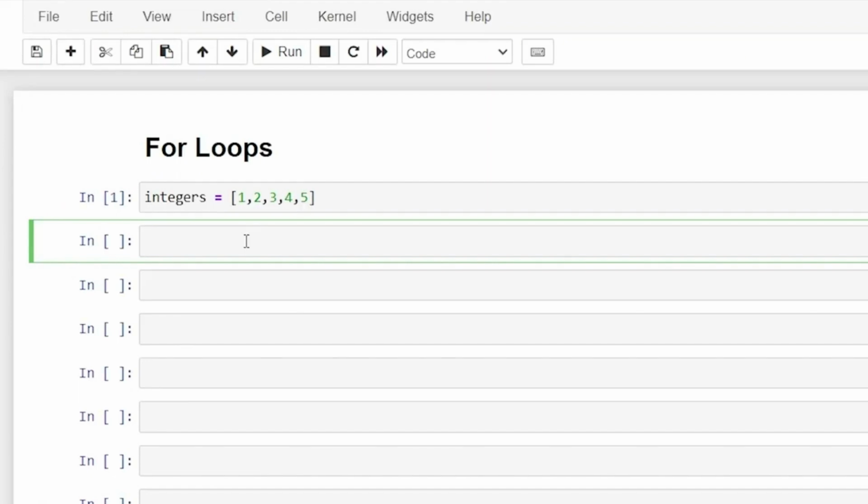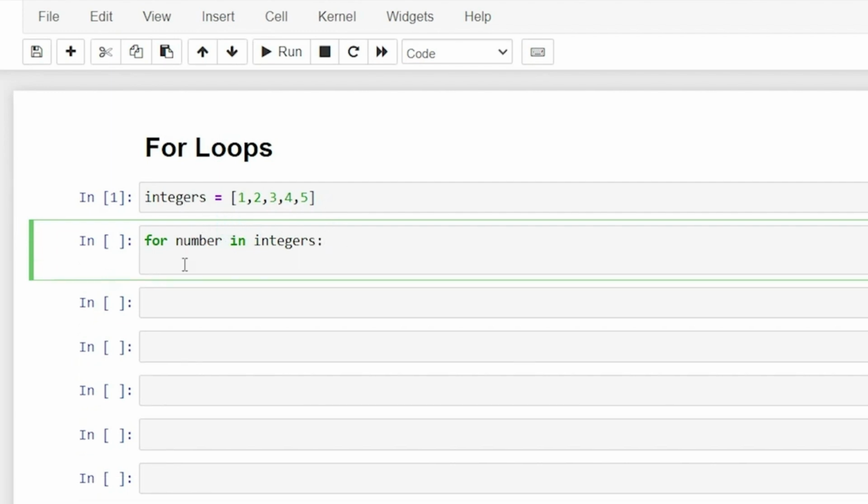To start our for loop, we're going to say for, and then we're going to give it a temporary variable for this for loop. So as it iterates through these numbers, it's going to assign the variable to that number. For this one, we're just going to say number because it's pretty appropriate because these are all numbers. And then we're going to say in integers. Now, right here, you can put just about anything. This could be the list, this could be a tuple, this could be a string even. But that is what we're going to iterate through. So we're saying for each of these numbers within this list of integers,